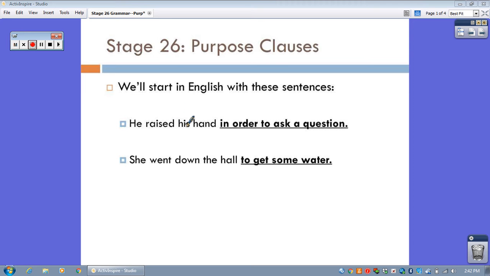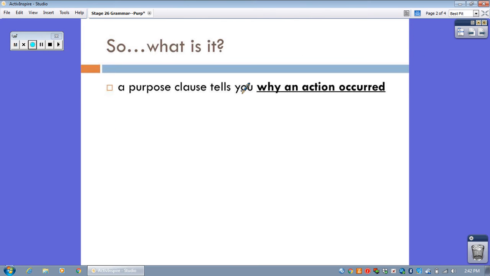Why did he raise his hand? In order to ask a question. Why did she go down the hall? In order to get some water. So, how are they defined? A purpose clause simply tells you why an action occurred. Not much to it. So now that we've defined it and we've looked at English examples, let's take a look